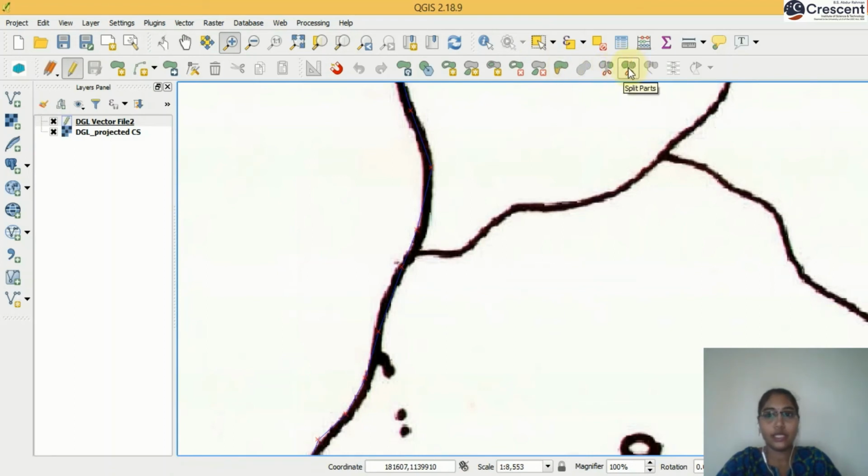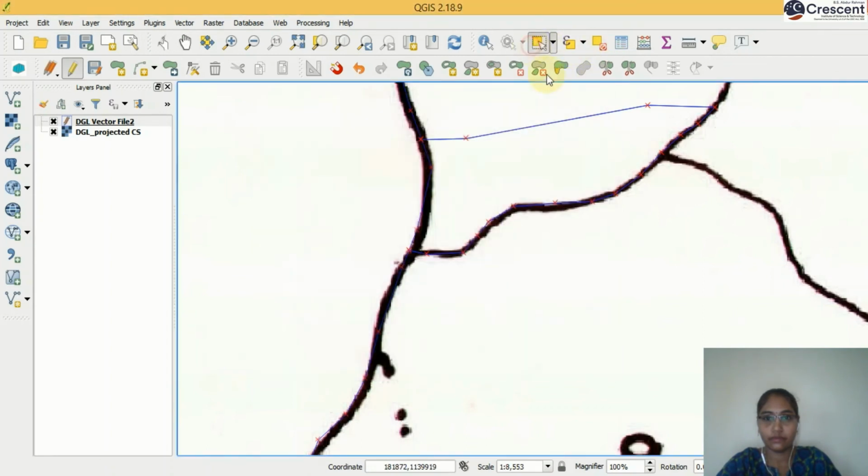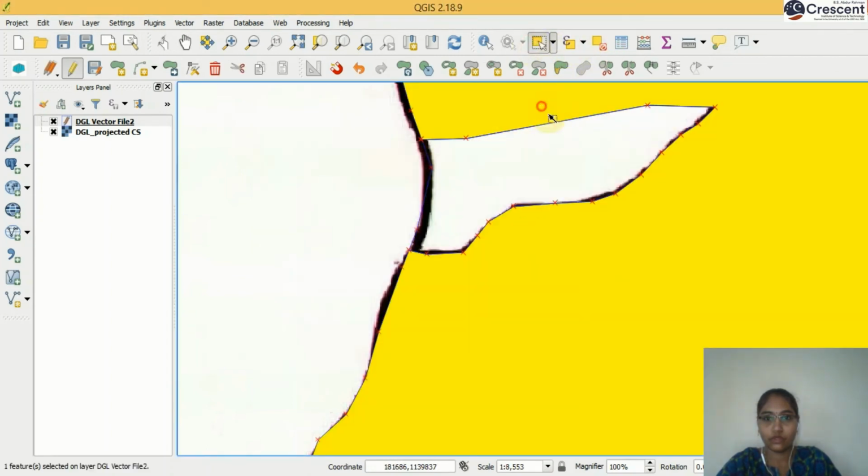Use split features. Sorry, I did that wrongly.